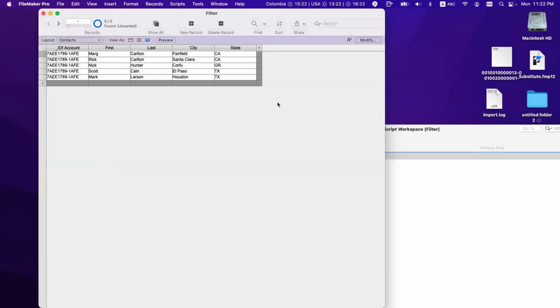So now, what can I do to fix that problem? Okay. So we use the relationship instead of using the perform find. So how do you do that? Let's say I want to filter this here per state,